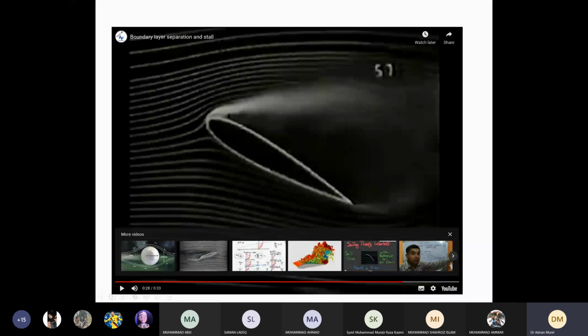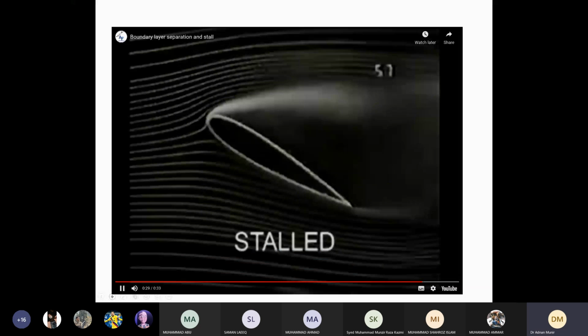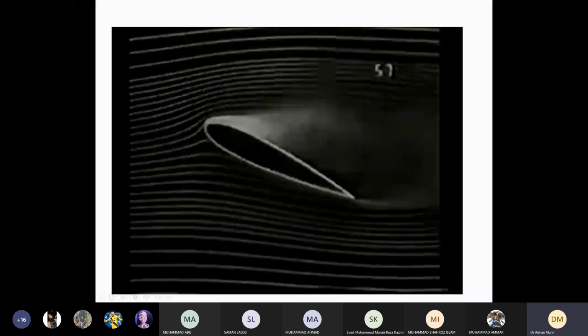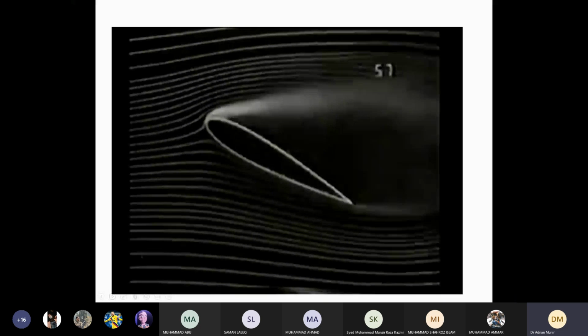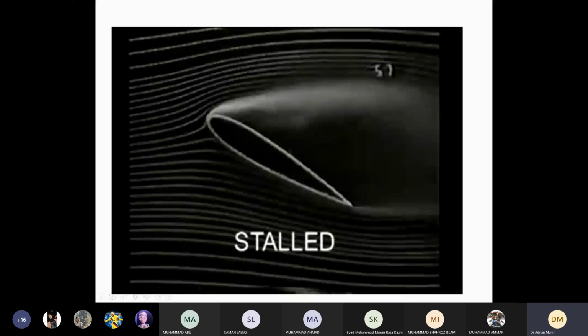Okay, now one more thing you can see: when we have flow separation, we discussed that we have eddies or vortices formed, right? Now you can clearly see that this flow is moving up and down. The flow has a very dynamic effect, so it is a source of instability because of the movement of the flow. In this condition, where increasing the angle of attack produces less rather than more lift, the wing is said to be stalled.